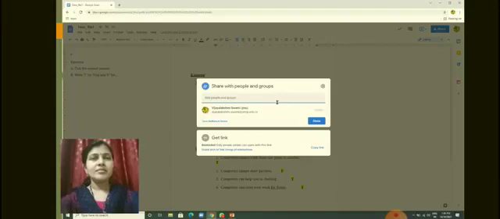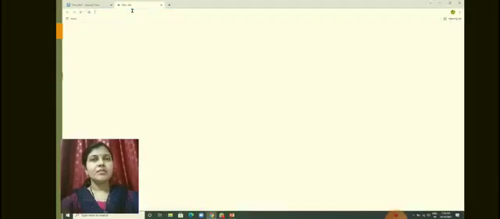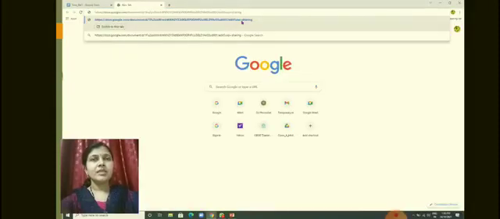And second, if you want to send this link through WhatsApp or mail, you can copy the link. When you click on copy link, the link will be copied. This is the link which I have copied. When you click on that link, the same document will be opened.